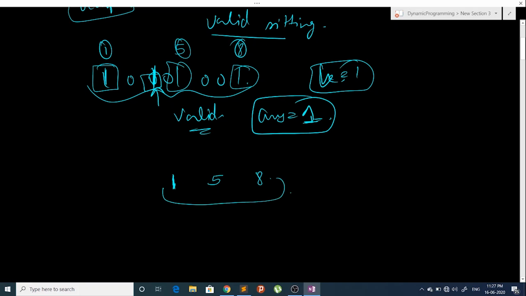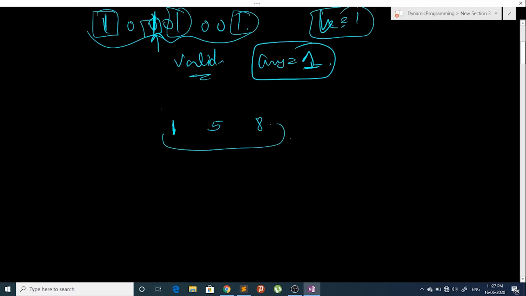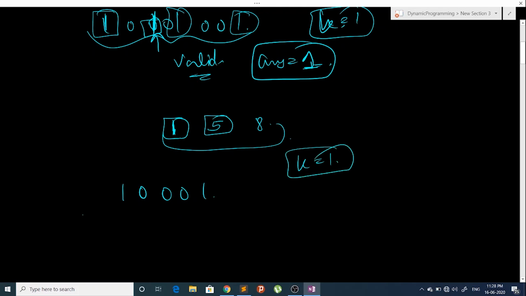what we will do is that between any two indices I will just use the brute force method. So here the indices are 1 and 5, so we will have something like 1 0 0 0 and 1. Now let's say k equals 1. So I will just fill the k plus 1th position from this index.